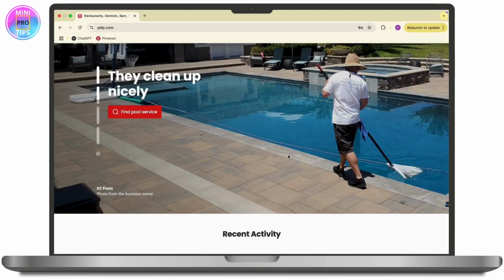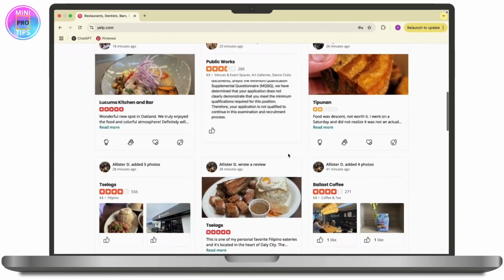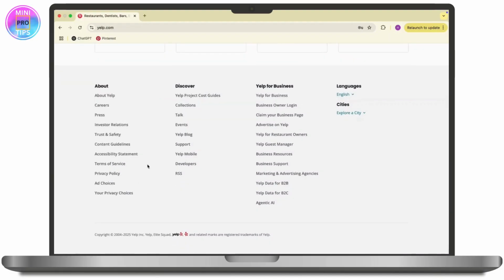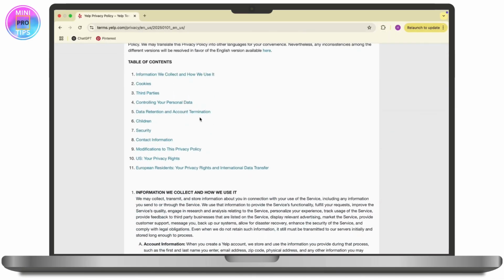Yelp account. Then all you have to do is scroll down to the bottom, and there you will see the privacy and policy option available. Now all you have to do is tap on it and navigate to the privacy and policy. Now once you are inside the privacy and policy, scroll and tap on the data retention and account termination option